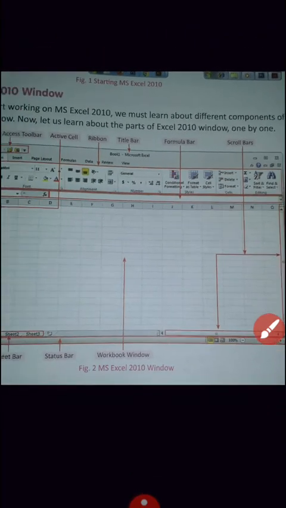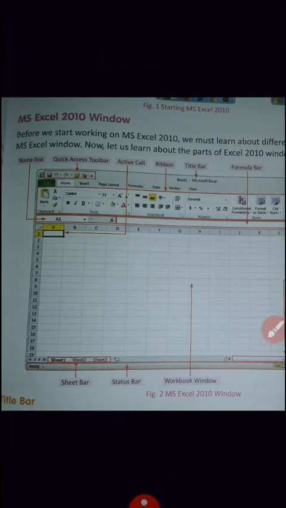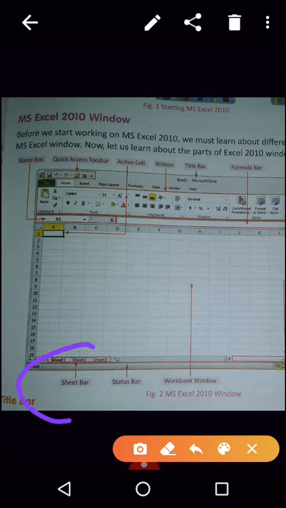Okay, now this is the sheet bar. Sheet bar shows the number of sheets we have in a workbook. A spreadsheet is also known as a worksheet, and the collection of worksheets is known as the workbook. By default we have 3 worksheets in a workbook.